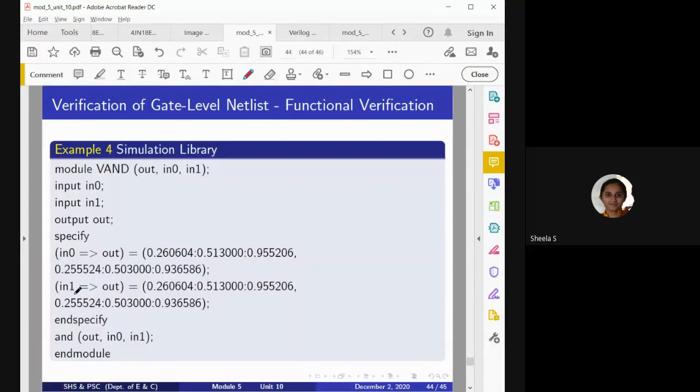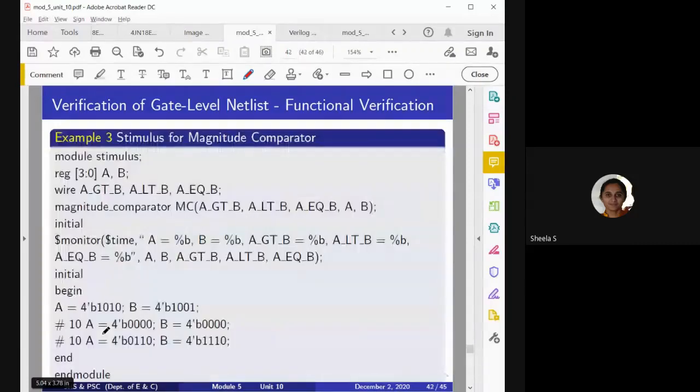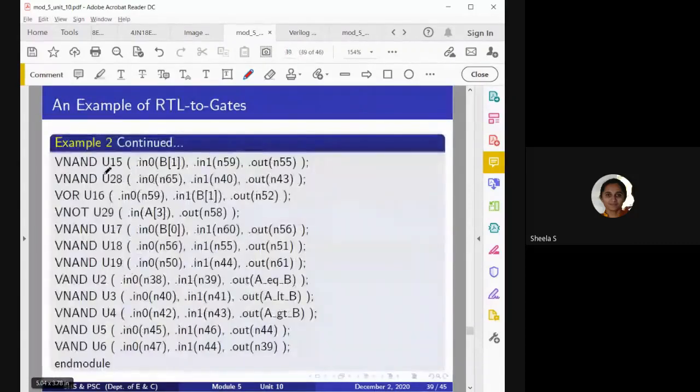It means that it is specified in the library itself. Based on that, it will take the delay and execute this statement, and we will get the output. In the same way, for all the gates that are defined, a specific library cell will be there, and it will give the corresponding output.